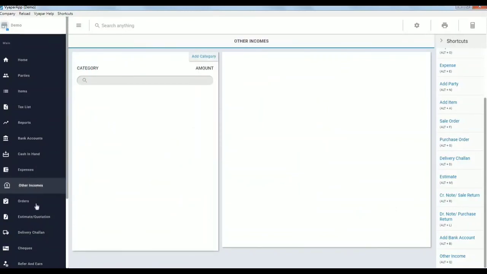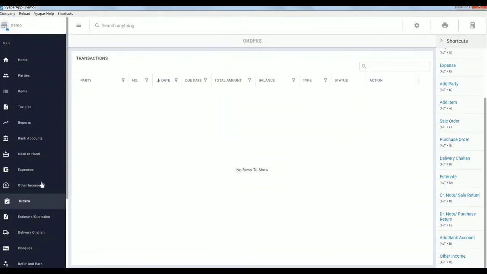You will also get the option to convert it into a sale. So consider if you have created a sale order, you will get the option to convert it into a sale invoice. Similarly, if you create a purchase order, you will have the option to convert it into a purchase invoice. Similarly, a delivery challan can be converted into a sale, and a sale invoice can also be converted into a delivery challan.